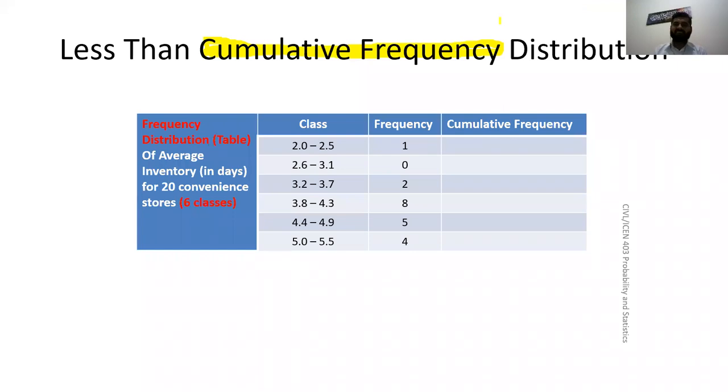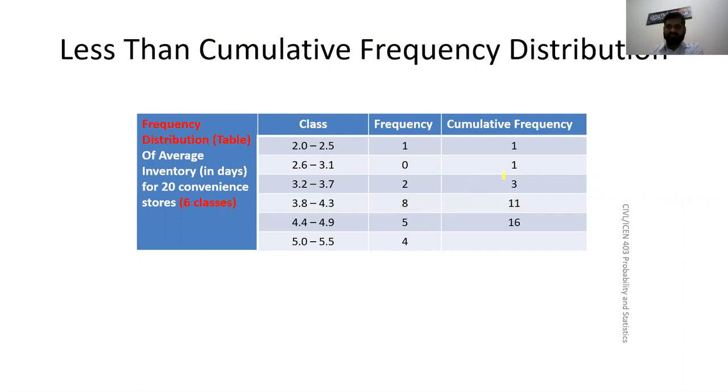So this is called less than cumulative frequency. It means the first one will remain first because first semester GPA and CGPA are the same. It's 1. The second comes from adding the next one. If I add this one here and write it here, it will be the next cumulative. The third one will be the previous one added to 2, and write it here, 3. Similarly, if you add the next one, 3 plus 8 gives you 11. So we keep on adding the next frequency to get the cumulative frequency.